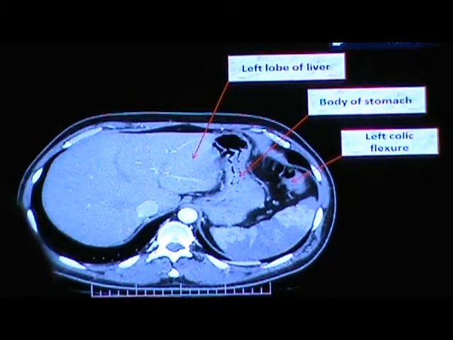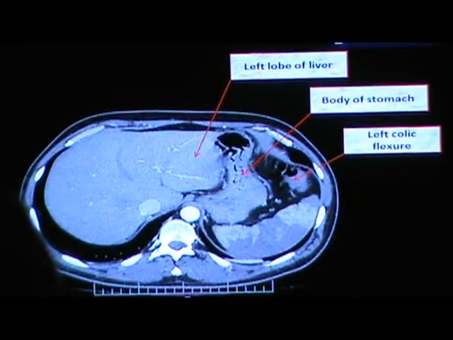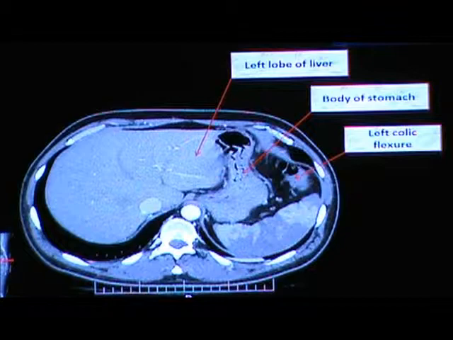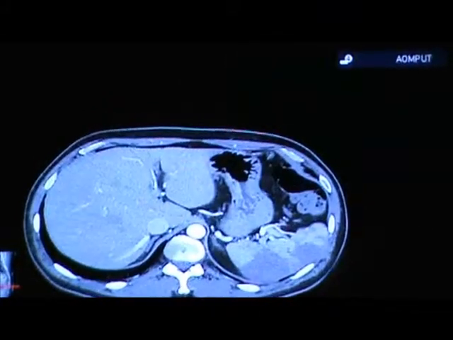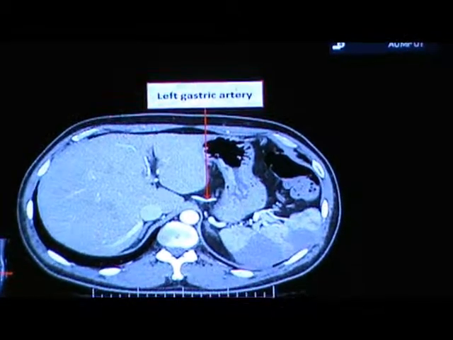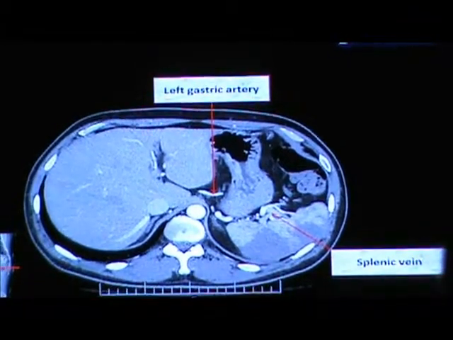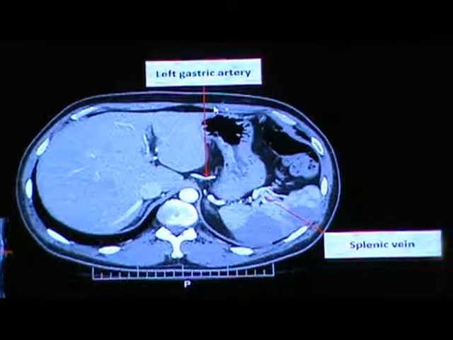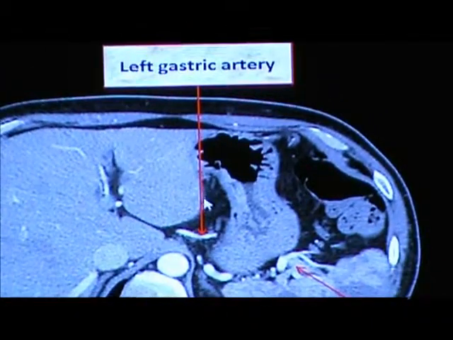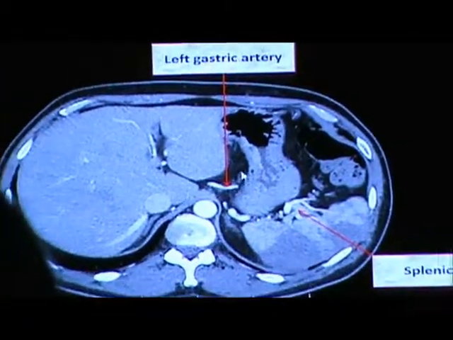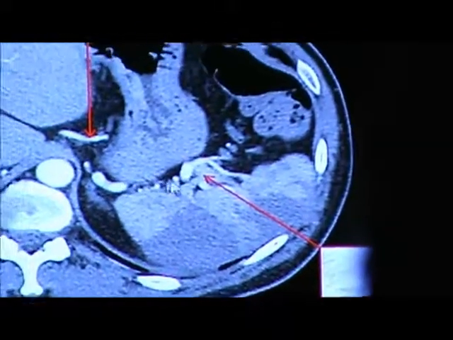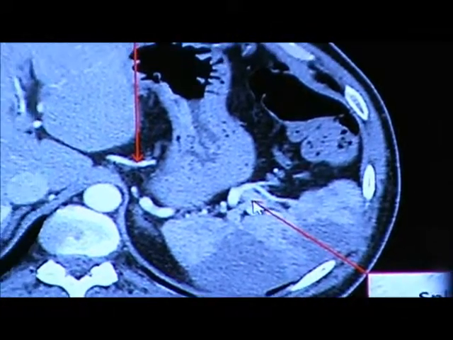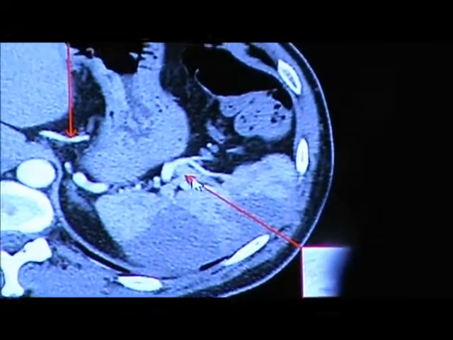At this level, we can see the more superiorly located left colic flexure. The right one will be much lower. And here's the left gastric artery approaching the lesser curvature of the stomach, as well as the second branch of the celiac trunk, which runs in the direction of the spleen, which is the splenic artery, and the vein